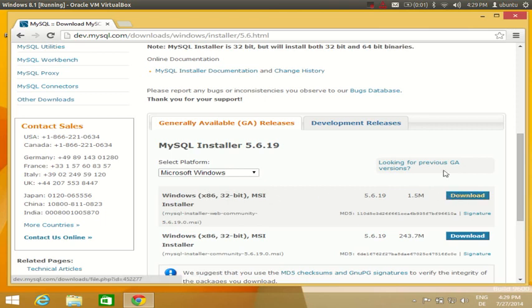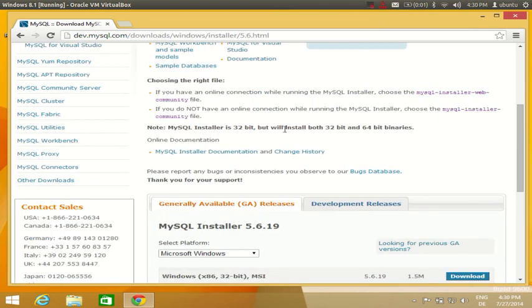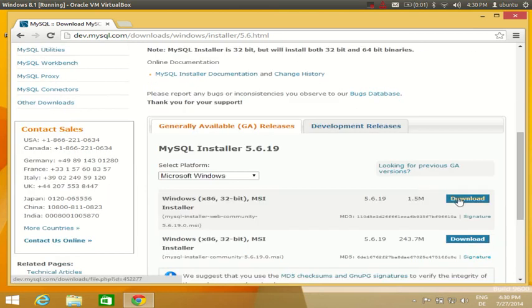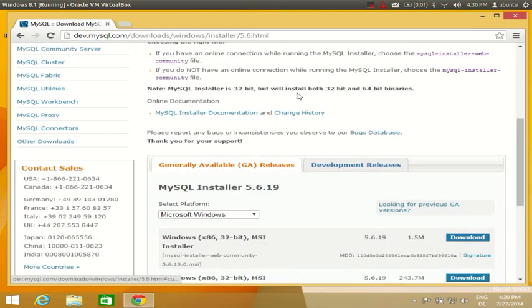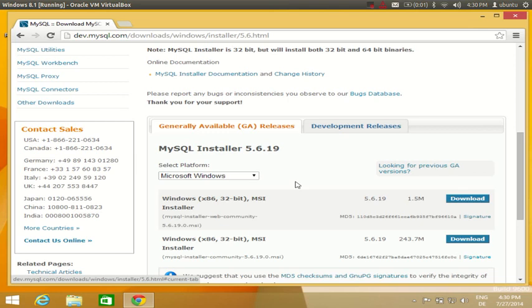But first you just need to see this line here, which is in the note. It's saying MySQL installer is 32-bit, right? So the MySQL installer is 32-bit, but the install is for both 64-bit binaries and 32-bit binaries. So if you are seeing this is 32-bit, don't worry, it can be installed on 64-bit, because it is a 32-bit installer. Okay, so just select this first link, download,